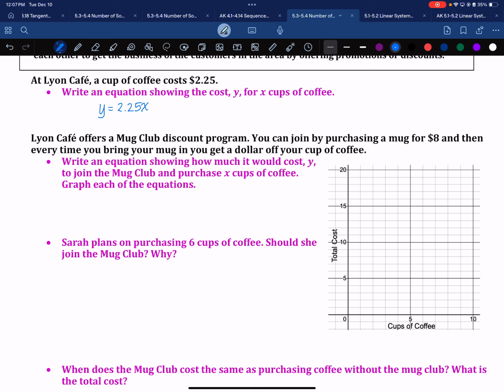Graph each of the equations. So we just have to graph every equation. So you go to 2.25 on